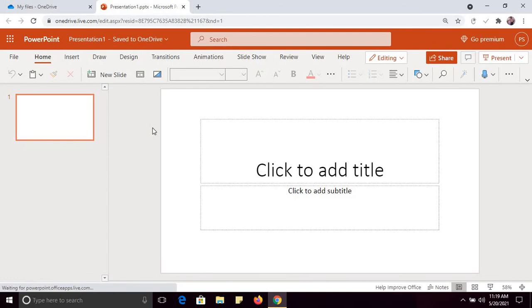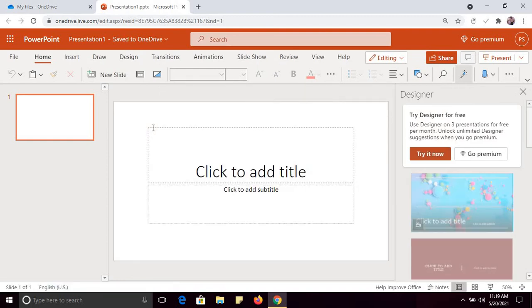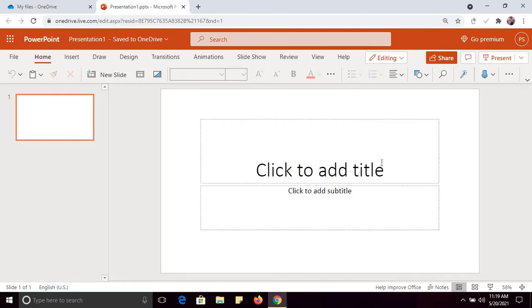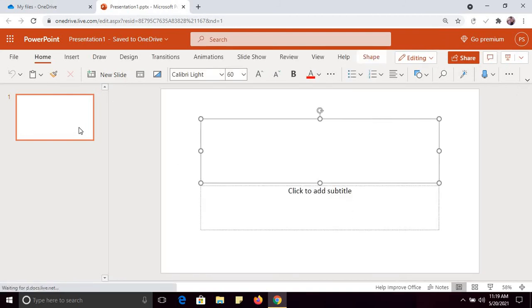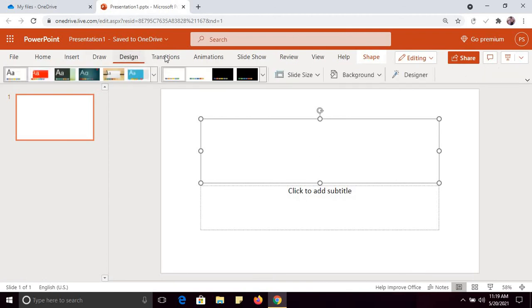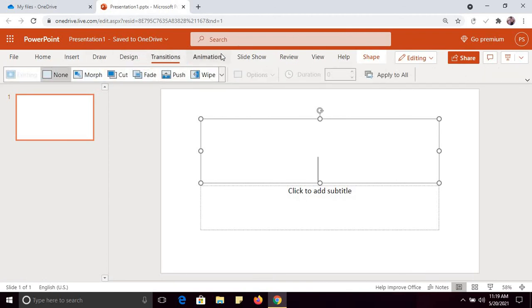I am using MS Office on the cloud. If you want to use some advanced feature, then you have to buy a premium pack. I can create presentations from here. See, there are so many latest features that you can use. All the features that you can use in MS Office, you can use online.